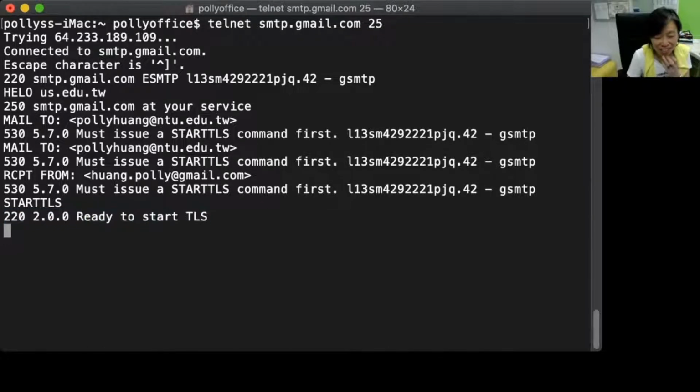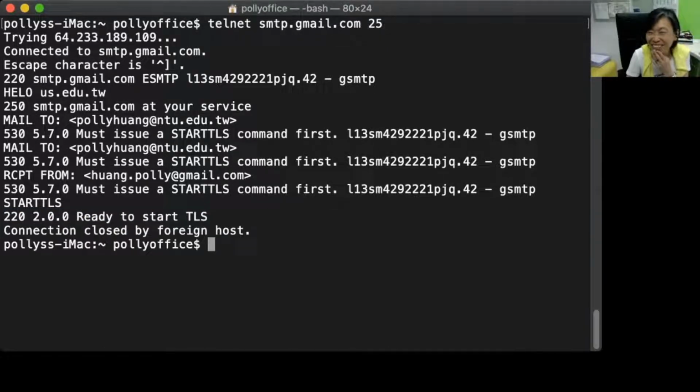Ready to start TLS. All right, so then I suppose I need to send back the, I'm already out. So it seems that the establishment process there also has a time limitation. Otherwise, a hacker might be able to hijack something that you have done in the middle. Interesting. So hey, I got kicked out. So Gmail is a secure email service. Email messages are encrypted. Nice. Good to know. And so that was a demo of trying to telnet to an actual mail server.